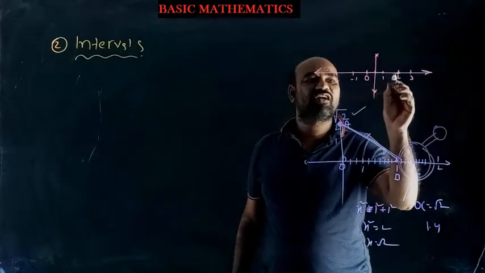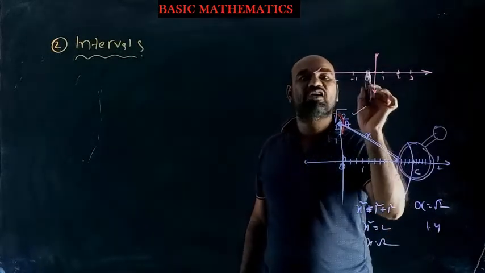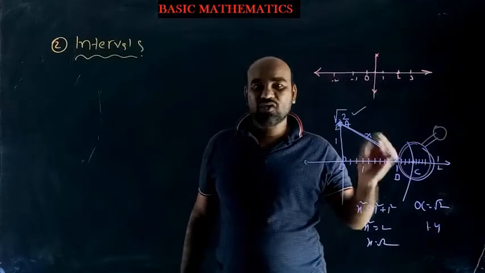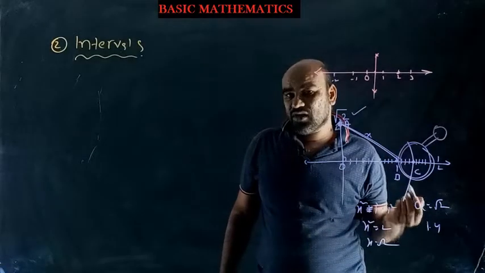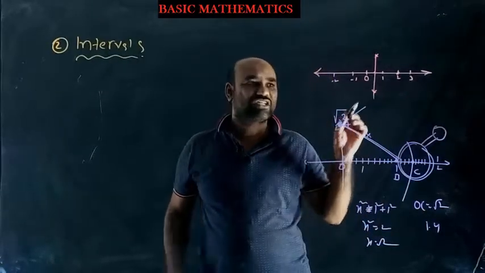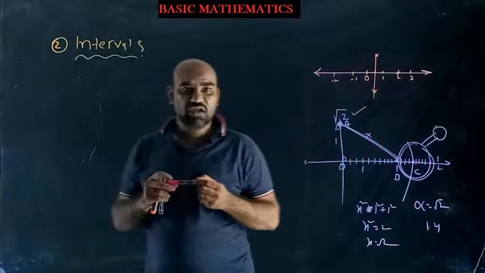First of all, I identified 2 on the number line. Next, I identified half on the number line. Next, I identified root 2 on the number line. Similarly, every real number you can identify on the real number line. That's why this line is called the real number line. Now,